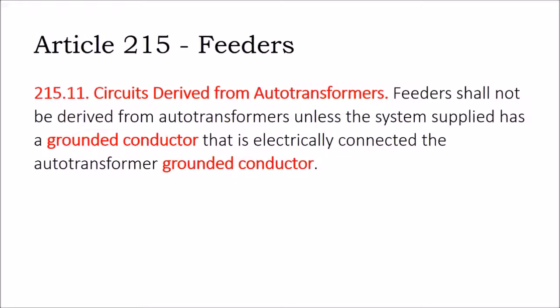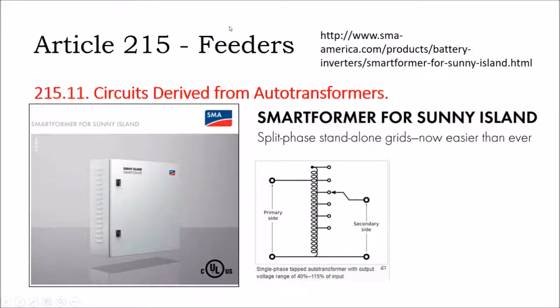We get another definition. We're going to say feeders shall not be derived from auto transformers unless the system supplied has a grounded conductor that is electrically connected to the auto transformer grounded conductor. All right, so what the heck does that mean, and how does it apply to solar? I've never seen an auto transformer in a solar array until I started to get into battery banks. And so here, SMA has a very popular auto transformer, and it needs one because,